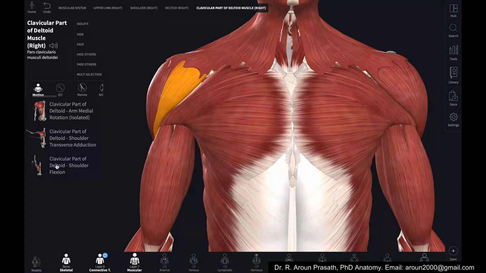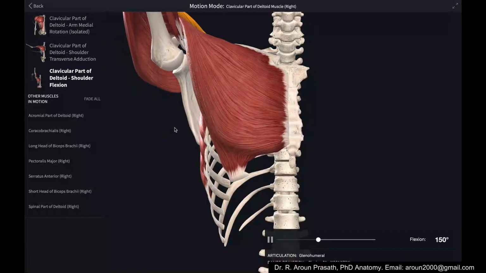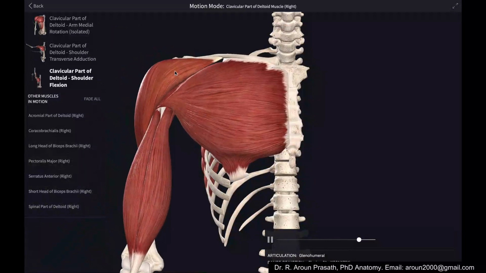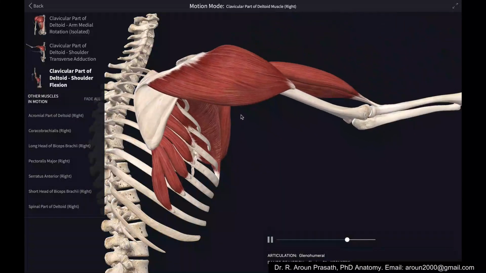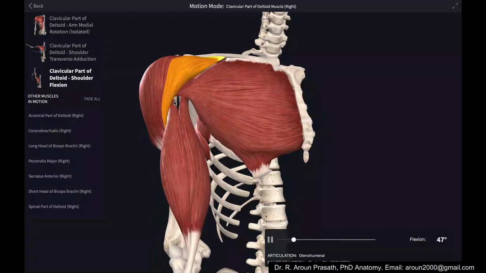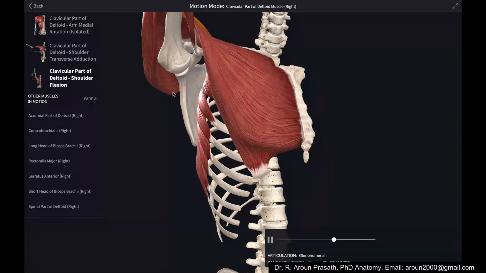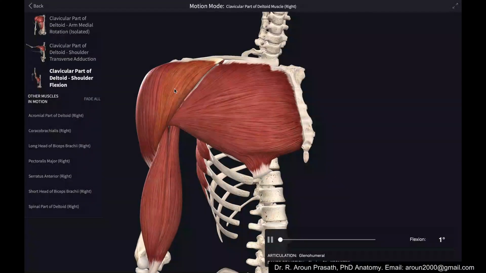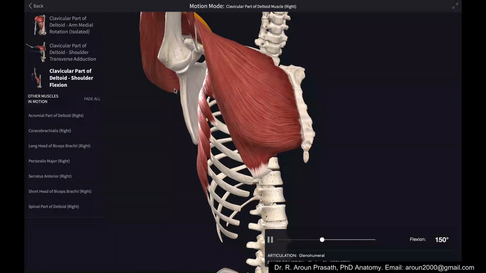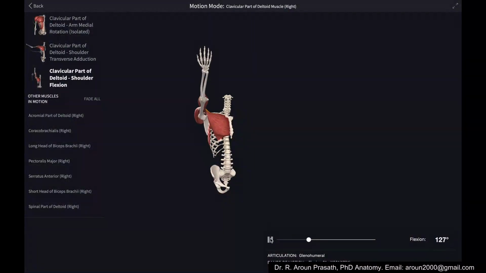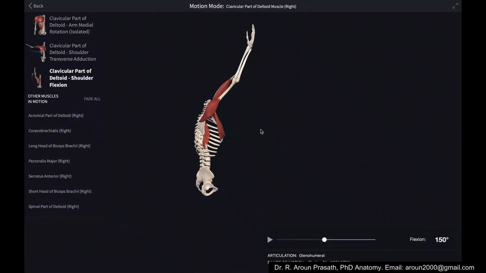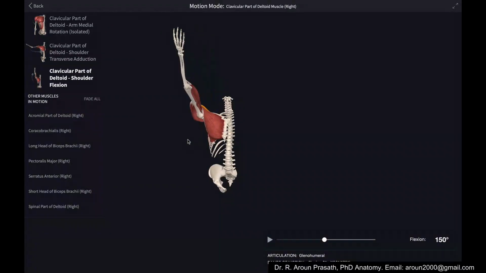That is mainly caused by this deltoid muscle. Okay, deltoid muscle, you have anterior deltoid. Okay, so this is the anterior deltoid muscle fiber, this is the middle deltoid muscle fiber, and this is the posterior deltoid muscle fiber. The main muscle of shoulder flexion is the anterior deltoid muscle. So this is the flexion, in which the hand is going to 180 degrees.